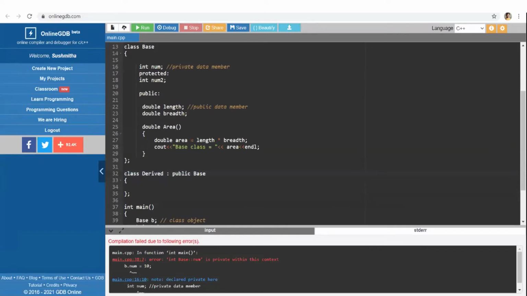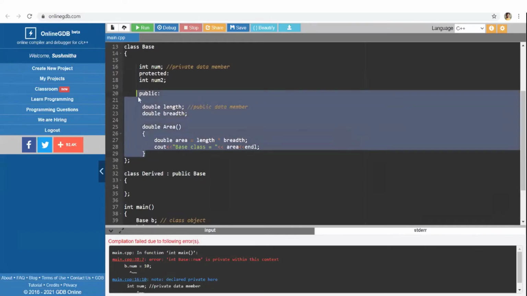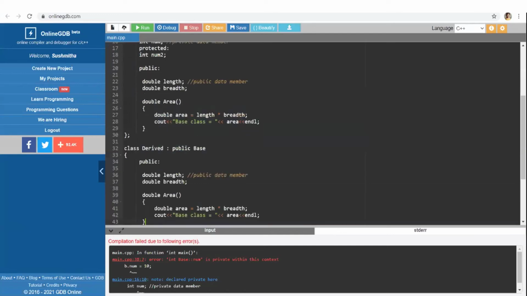This class is inherited from the base class. So this is the syntax of how you use inheritance. Now, if I want to use the same area here, with the base class and the derived class, I'll just copy paste it here. So I'll write derived class.